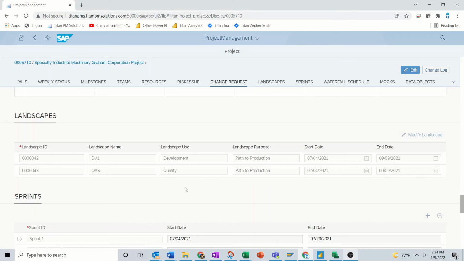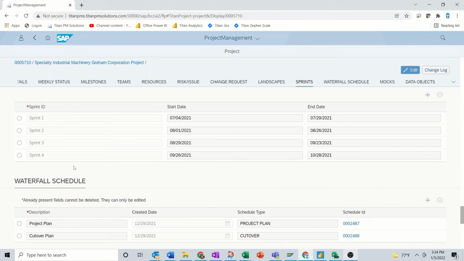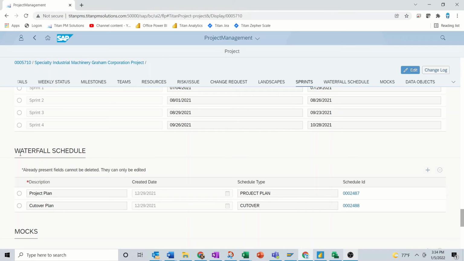Sprints, from an SAP standpoint, I think that push is there for the hybrid model of both agile and waterfall. So the sprints, you can lay out and utilize those as needed from an informational standpoint, really understanding what the timing of each one of your sprints are. At the same time, you'll be looking at the waterfall schedules, and these at the moment are interfaced to Microsoft Project. We'll show you in a video at a later date the key points about managing project plans, waterfall project plans